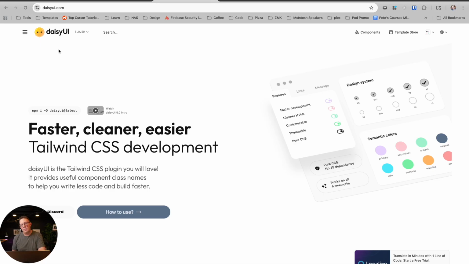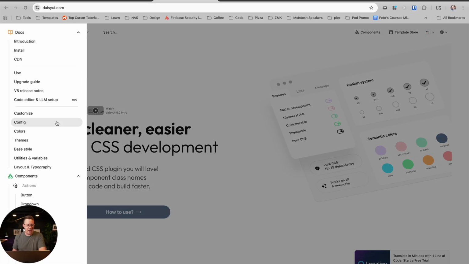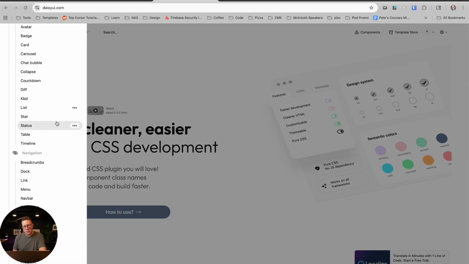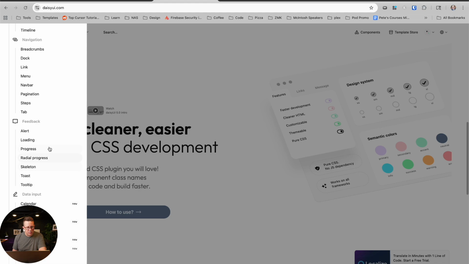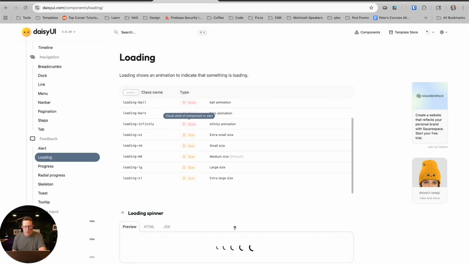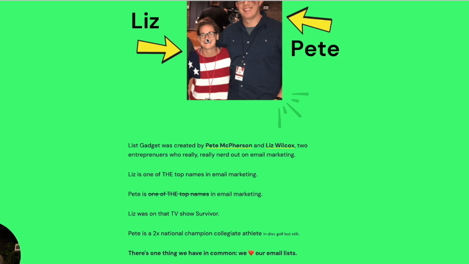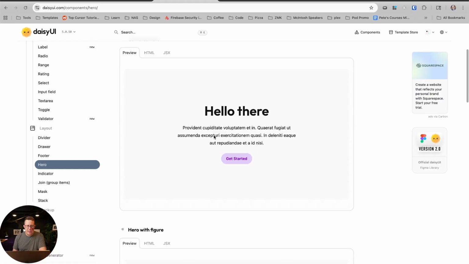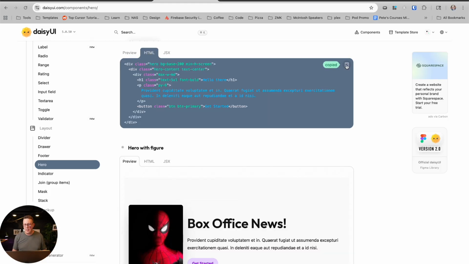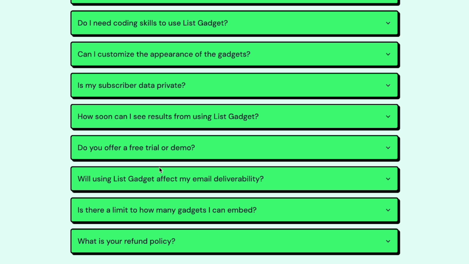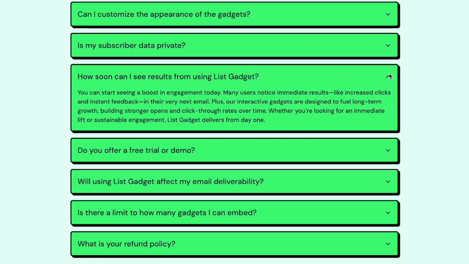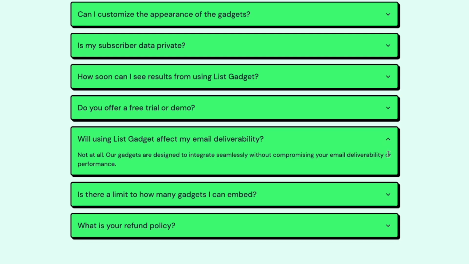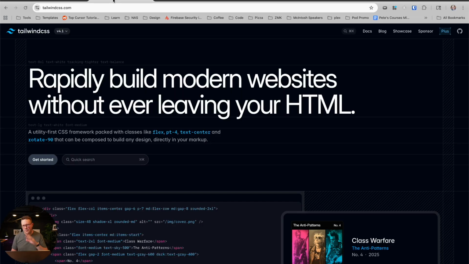And DaisyUI. DaisyUI is a component library. What do I mean by that? I mean pre-built things for your UI. Forms, headers, footers, alert things, loading icons, a calendar, checkboxes, text areas, dividers, footer, hero, layout stuff. It's just a million pre-made things where I will literally just go in here, copy this, paste it in my app, and then customize. It's just pre-built stuff, for example. So that's my 3 things: SvelteKit, Tailwind CSS, and DaisyUI.